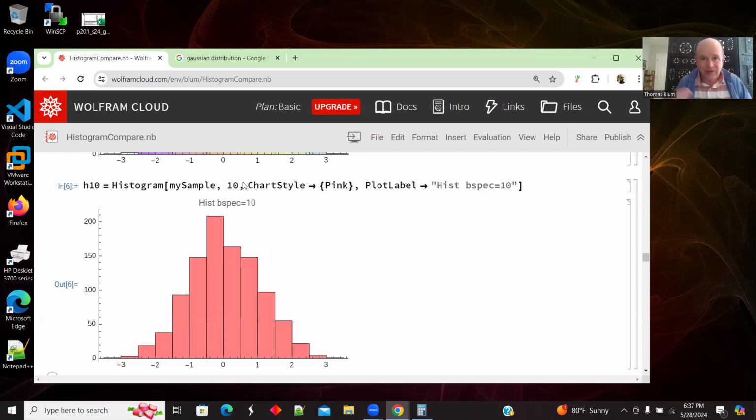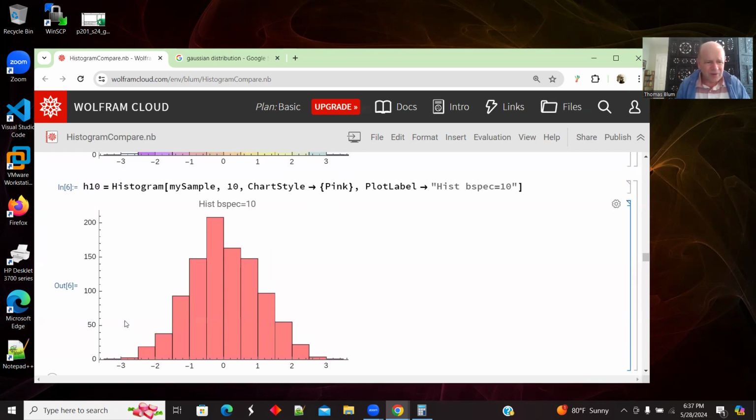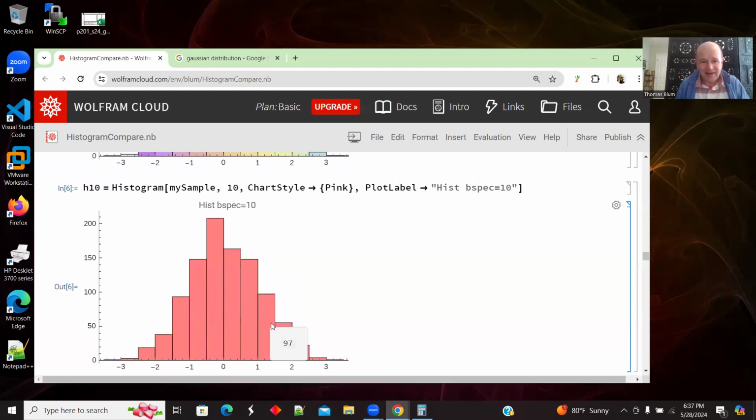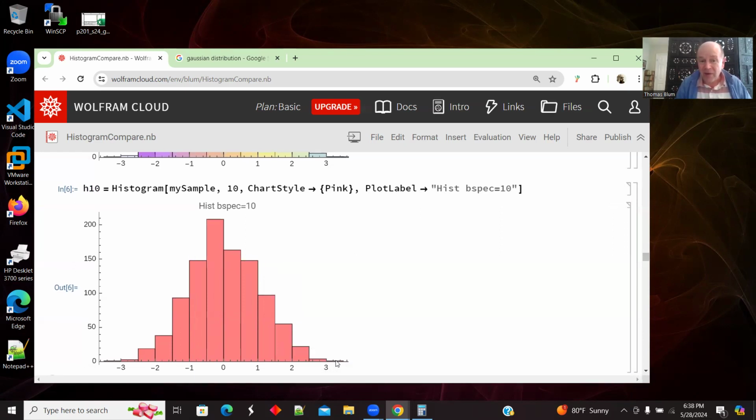My mind says that I want it to be the count, but it's not quite the count, because here there's 1, 2, 3, 4, 5, 6, 7, 8, 9, 10, 11, 12, 13, 14. There are 14 of them, and when I specified 10,